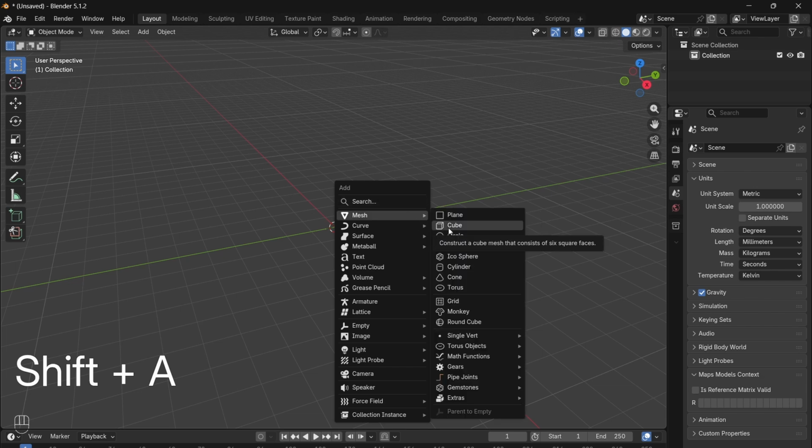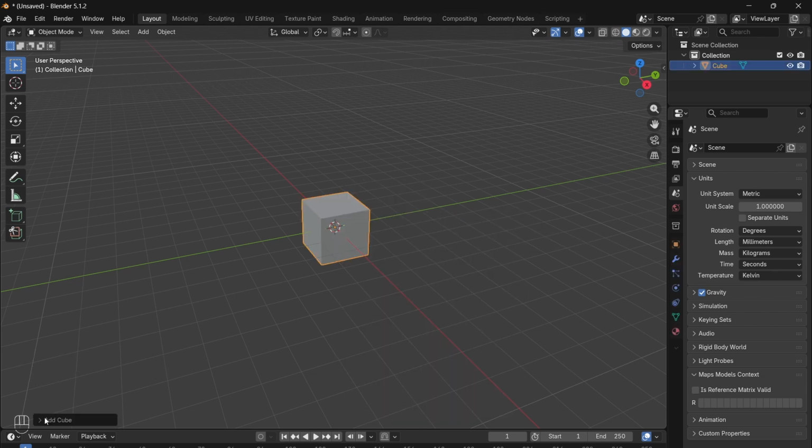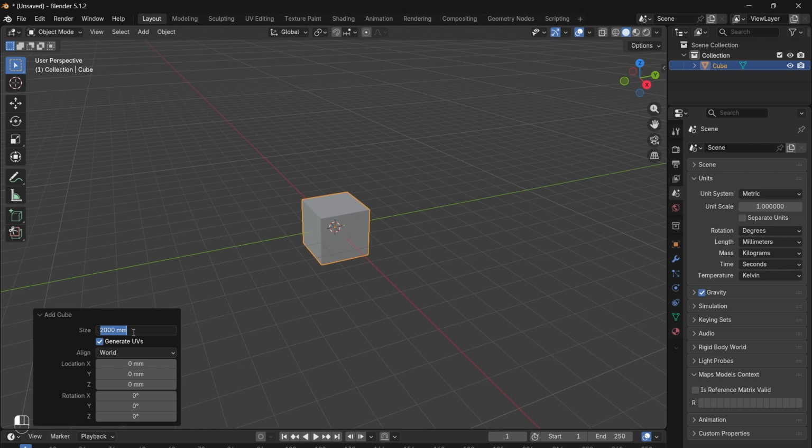Next, we create a cube. The default is 2 meters, so we need to bring it down to a tabletop size. I went with 50 millimeters. I also unchecked Generate UVs here. We'll talk about what those are later, and normally you don't need to do this for simple shapes, as Blender can figure them out by itself fairly well. But we're going to do it manually because practicing on something simple like a cube helps you learn to handle